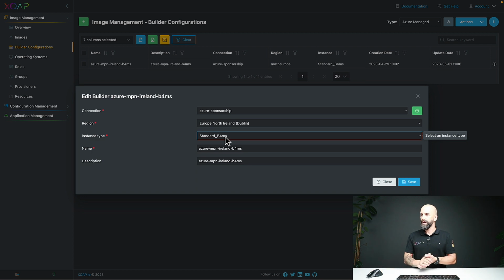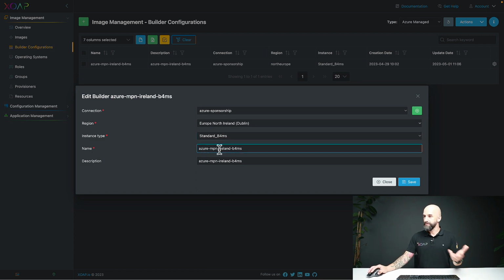If you have complex, large software to install, I would use a bigger instance because it makes the image creation process faster. If you want to save money, you can use smaller instances, but you have to test a little to find the correct instance type for your specific use case and define that here. Then you give that a name